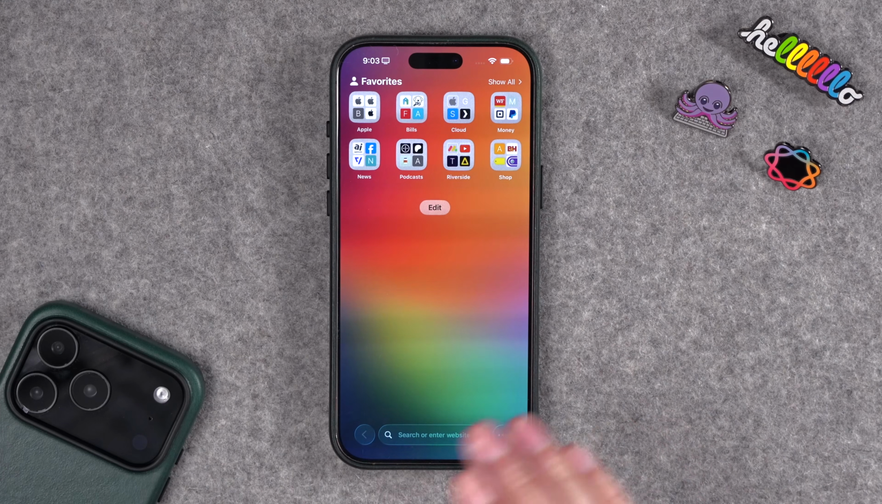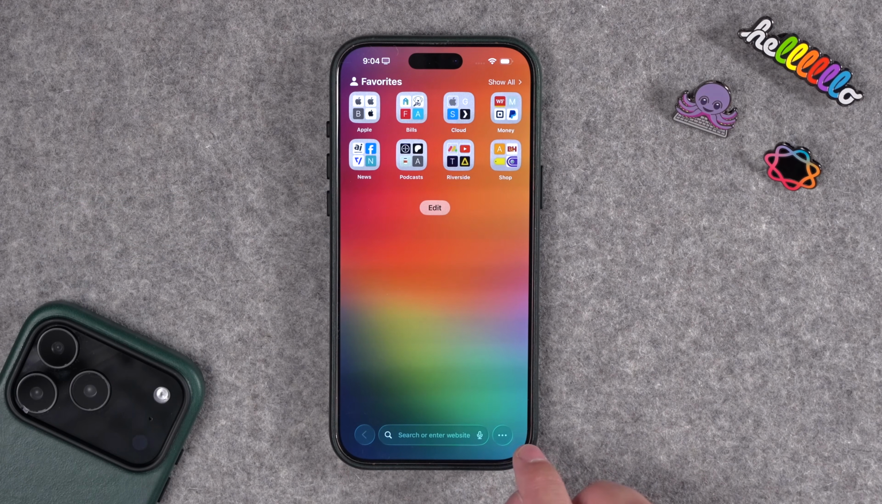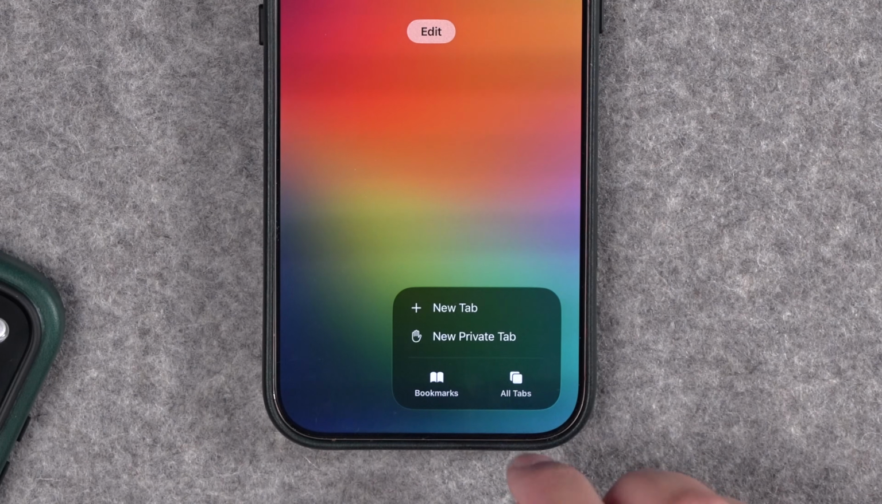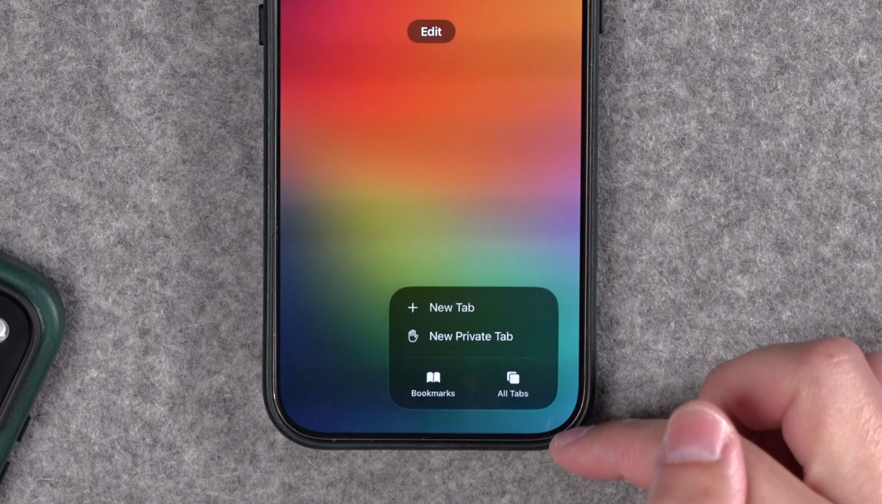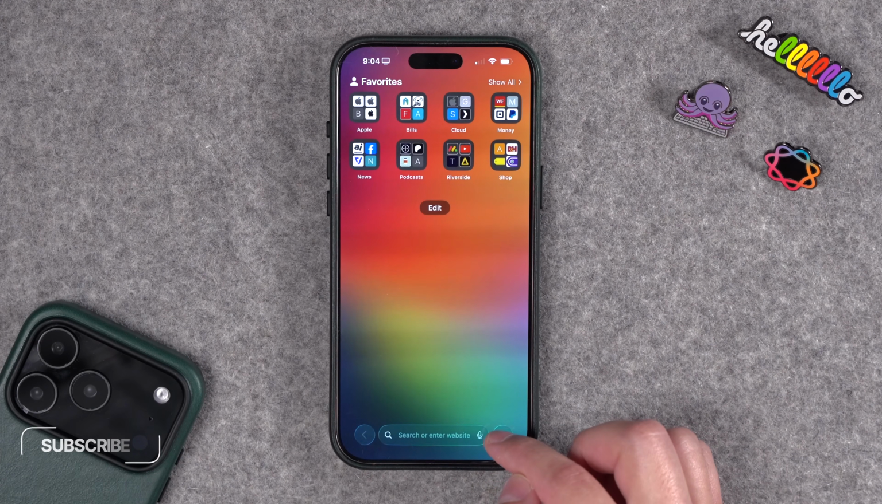Now first is navigating to your different tabs, and when you update to iOS 26, you'll see the address bar and options at the bottom have changed. There's now a 3-dot menu, and that's where you can access your All tab. This will show you all your open websites, but if you prefer how this address bar looked before, you can